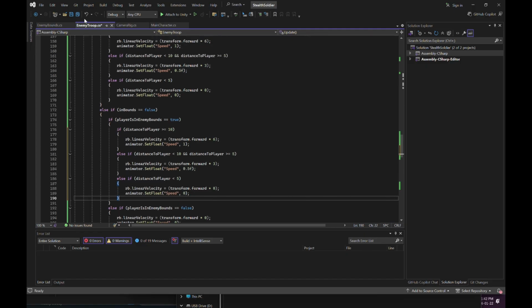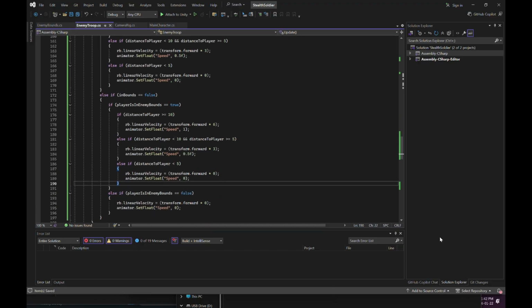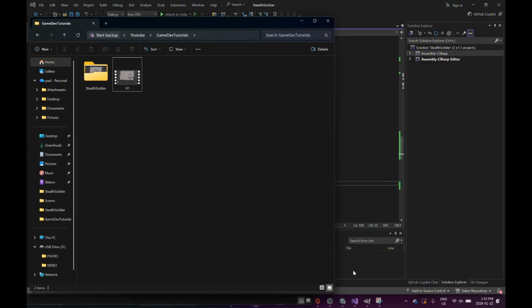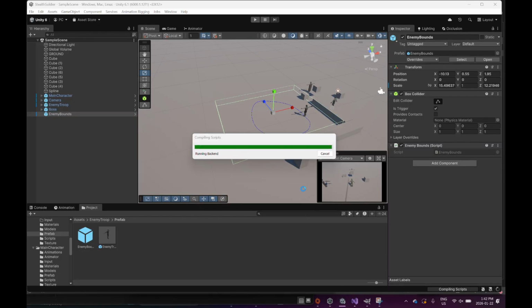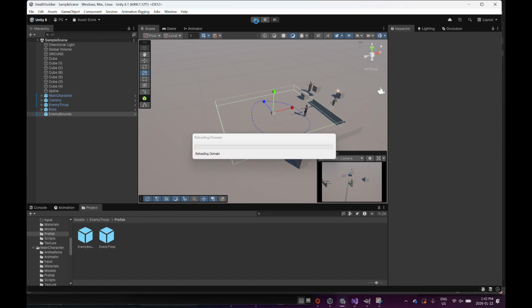So I'll just keep the distance the same as when he's inside the bounds. So I'll just go back to the editor. Okay, so if I hit play,